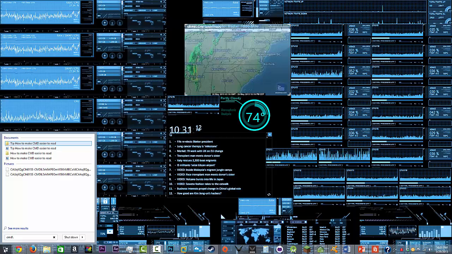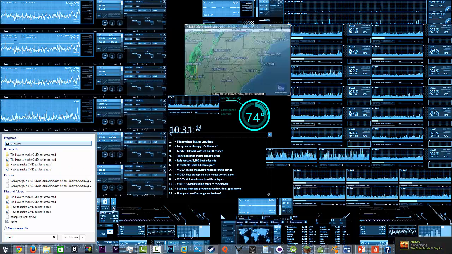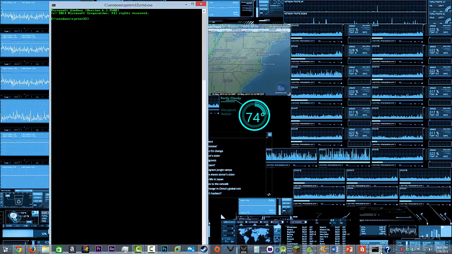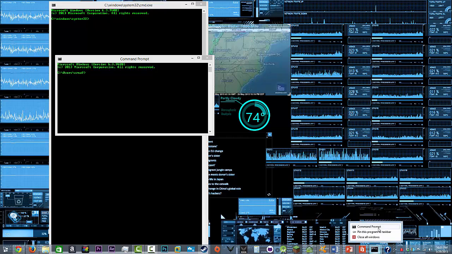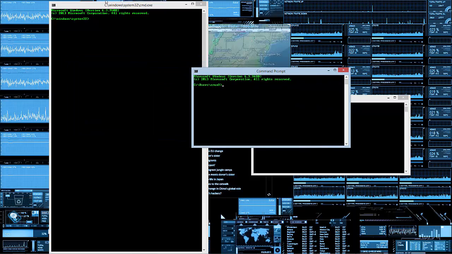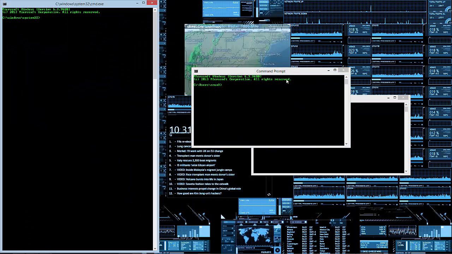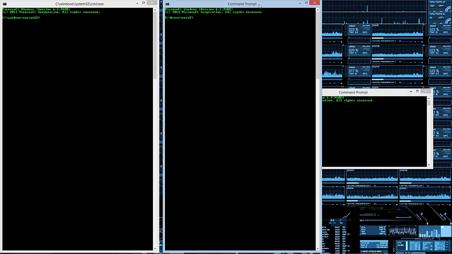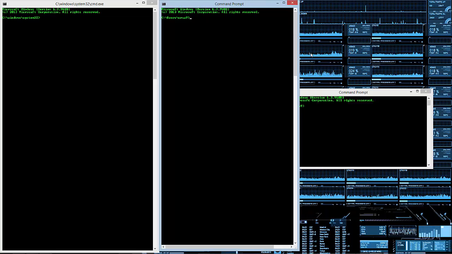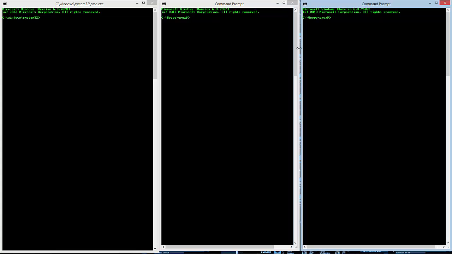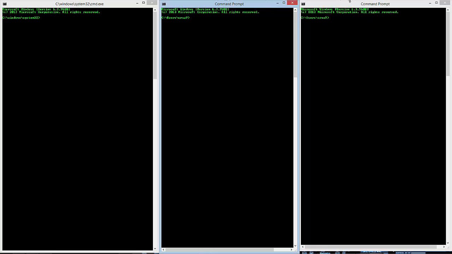Sorry about that. And it doesn't have to be administrator access. And we need 3 instances. So, as far as that goes, let's make that a little bit bigger. And do that. So, as far as that goes, what we want to do is we want to ping our router,